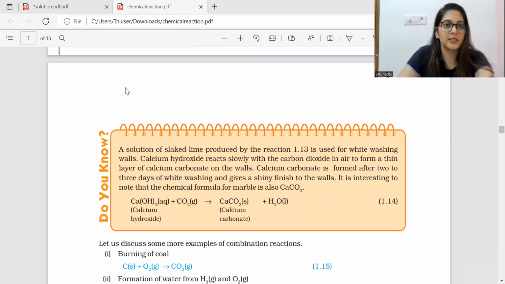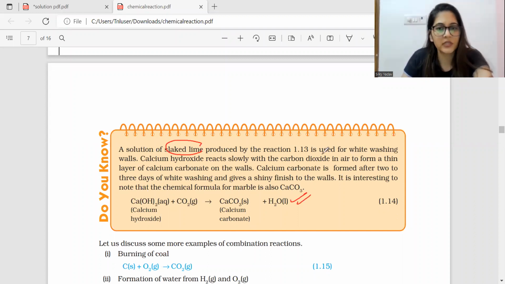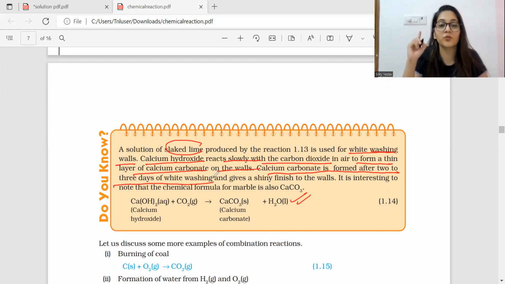Okay, yes, this was the one which I was telling you, right? A solution of slaked lime produced by this reaction, which we have discussed, is used for whitewashing the walls. Calcium hydroxide reacts slowly with the carbon dioxide in the air to form a thin layer of calcium carbonate on the walls, and this calcium carbonate is formed after 2 to 3 days of whitewashing and gives a shiny finish